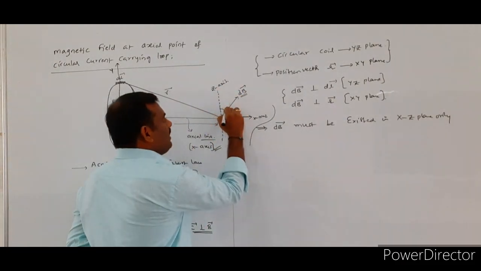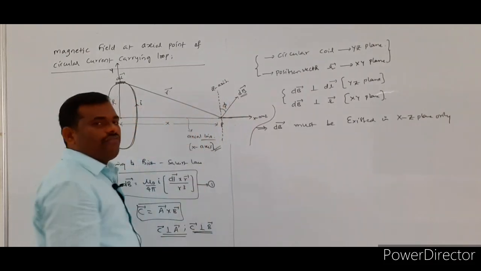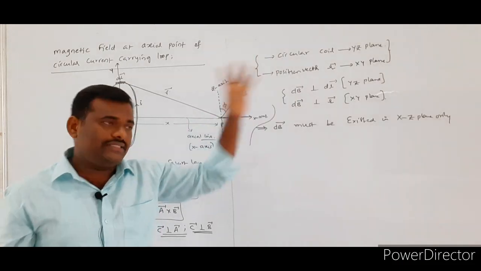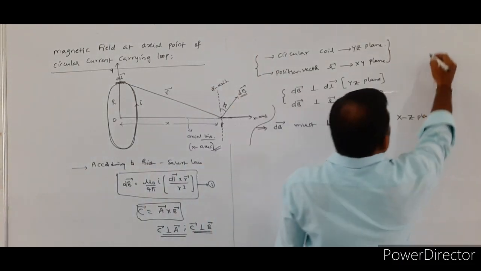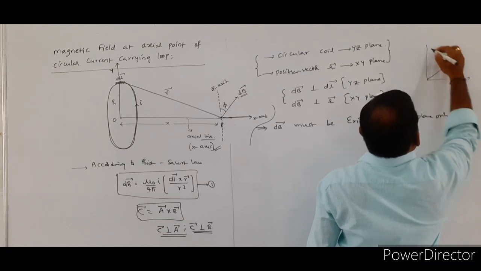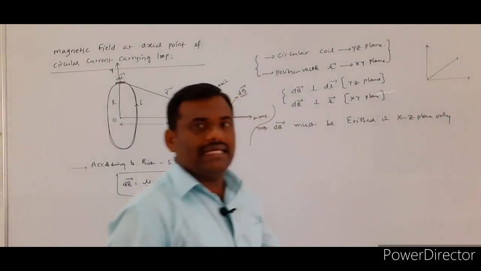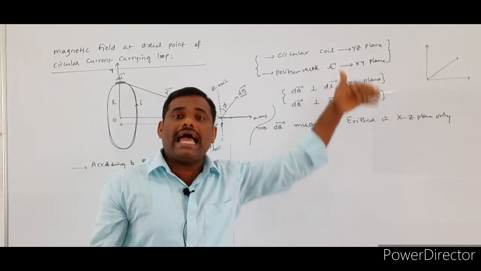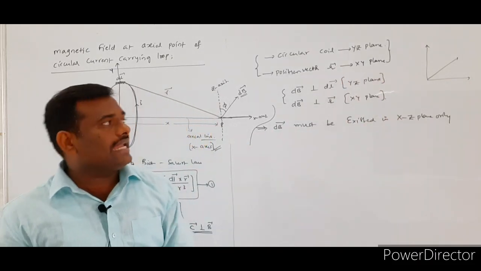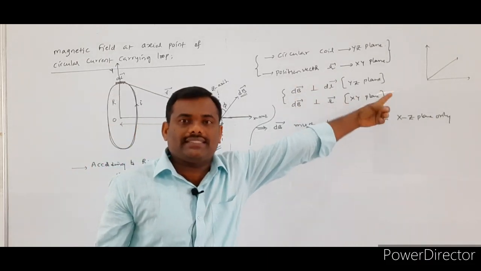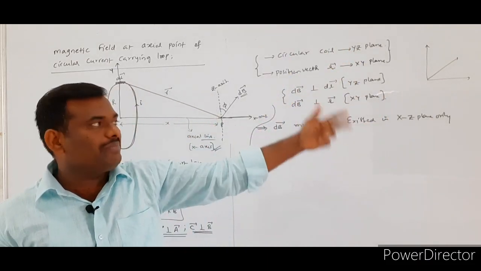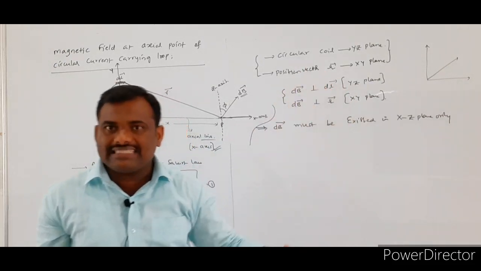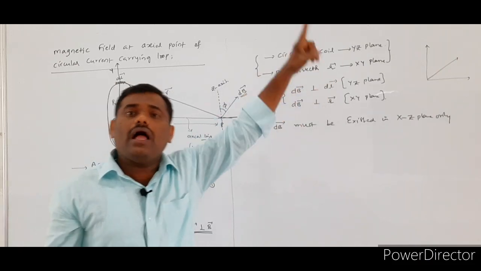I am assuming that this magnetic field intensity vector dB bar will make an angle of phi radians with respect to the Z-axis. Already this basic idea we know. If any one of the vectors is placed in the given plane, it will be making a certain angle with respect to the respective axis. That means if you consider the XY plane, it is making a certain angle with respect to the X-axis as well as some more angle with respect to the Y-axis.